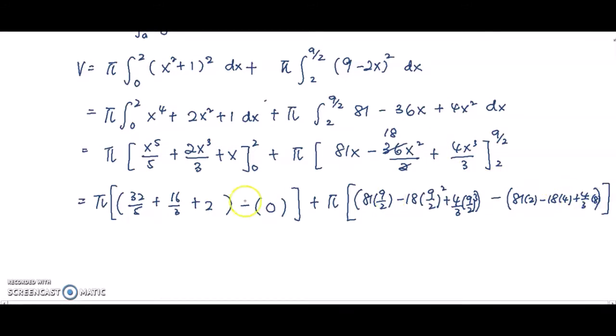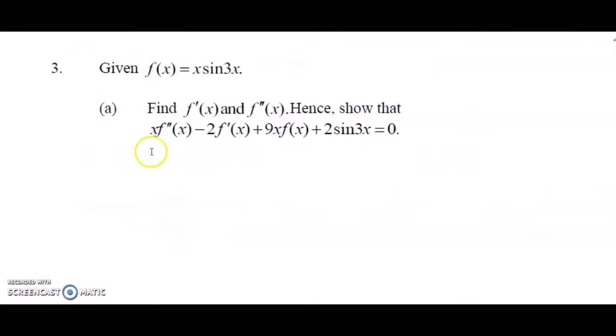Alright, then you can calculate with your calculator, get the answer. So after you have used your calculator to calculate all this, you should get 108.59 unit cube for the volume. This is the last question for this